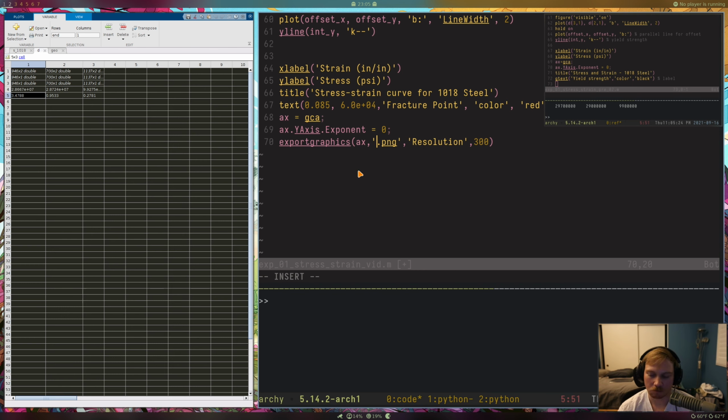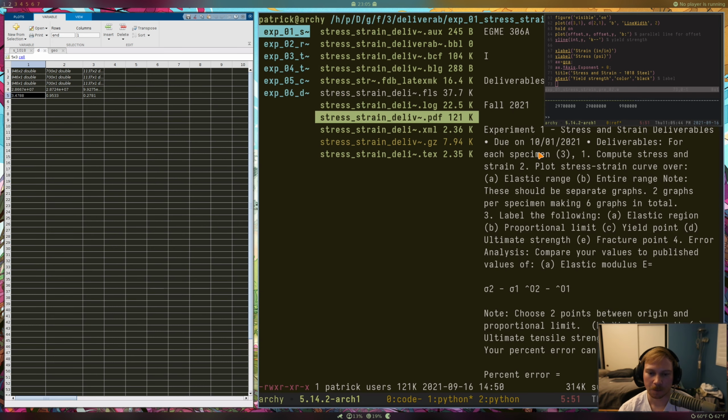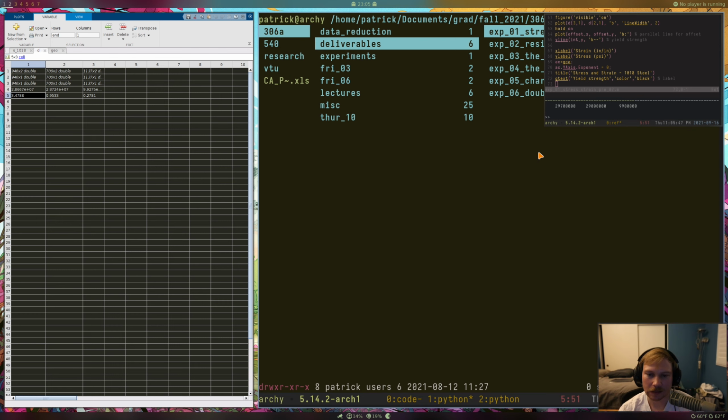Then we type in whatever we want to call this. I don't think we can start with a number, so let's do steel 1018 full, because this is the full range, and then you supply the resolution over here. Also your file extension, so I'm doing a .png, 300 dpi,